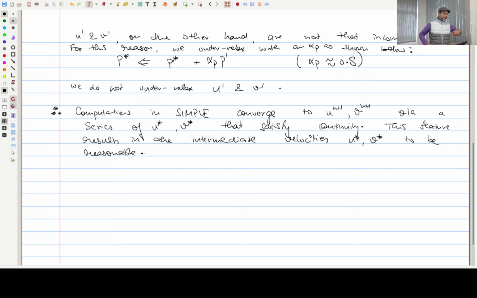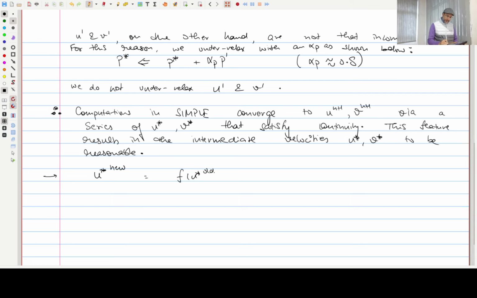So that pretty much ends our discussion on SIMPLE. Well, just a couple more things regarding under relaxation. If you remember the predictor equation, we had u star and v star which were solved using an iterative method, right? So we had u star new equal to some expression where we had